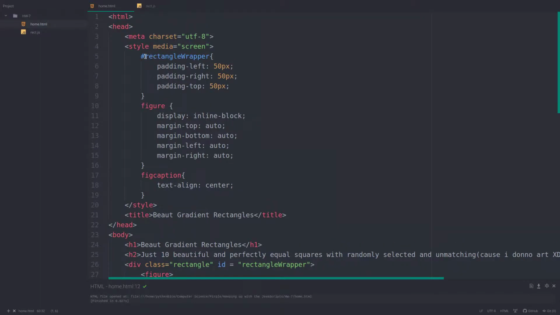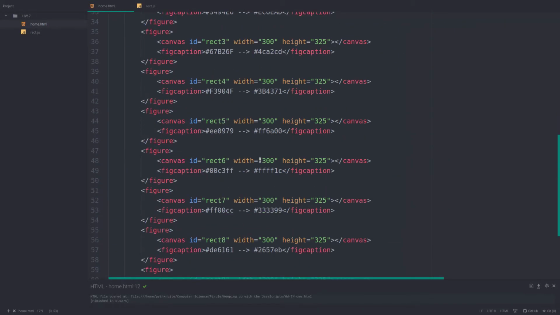Then, as requested, I have padded the entire division of canvases and rectangles. Then for the figure element, I had to use auto, otherwise it was assigning borders on itself and it really didn't look that clean. So basically I used auto to add responsiveness, I guess, I don't know. And then display inline-block, this I used to place all the rectangles side by side, and for the figure caption, the text thing, I just kept text-align center. So I think that's it